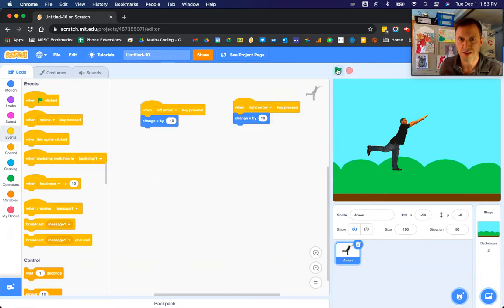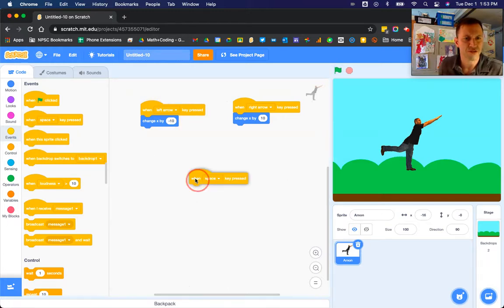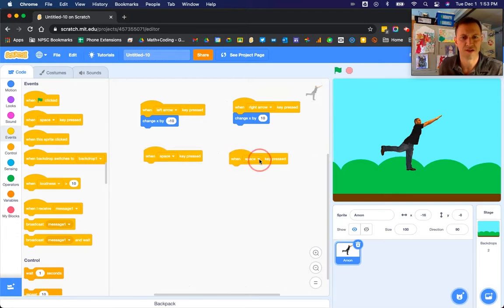Now, if we wanted to run that and use our arrow keys, you'll notice that I'm hitting the right arrow key right now, and I'm using the left arrow key right now. The next step is just to finish this off by adding two more of those when space key is pressed,